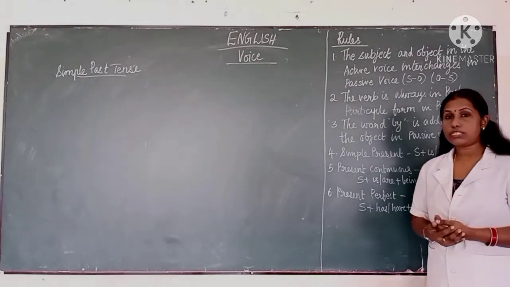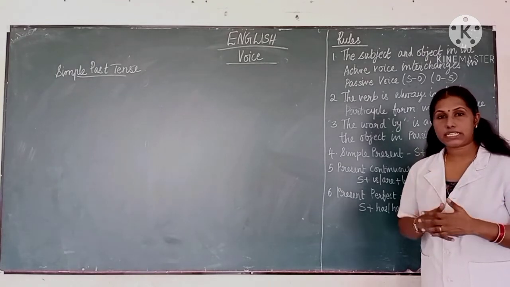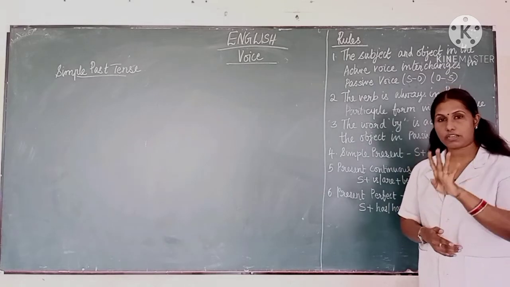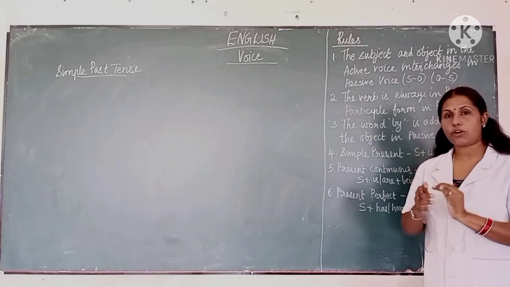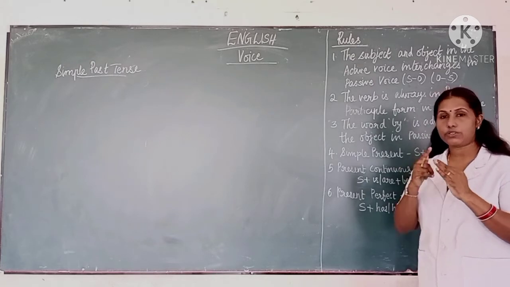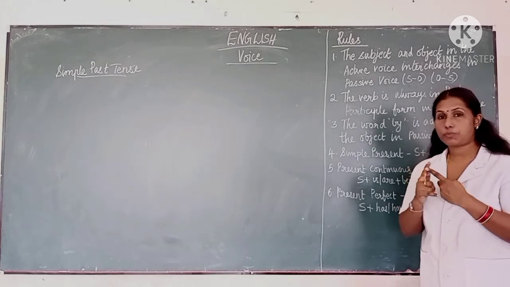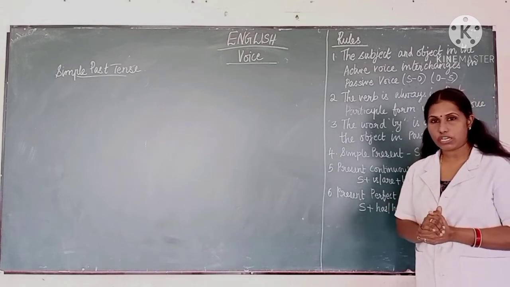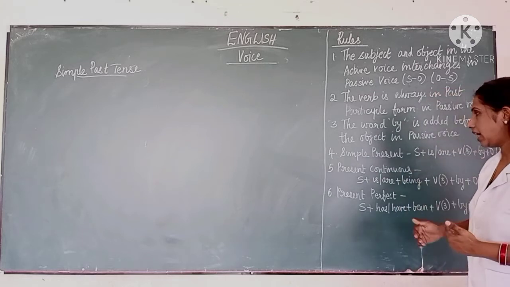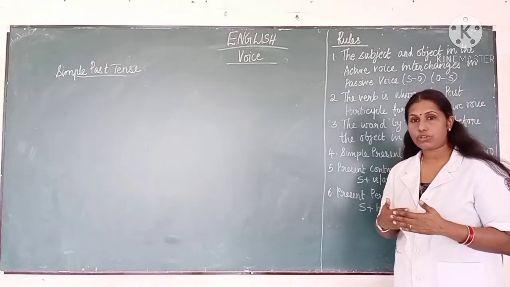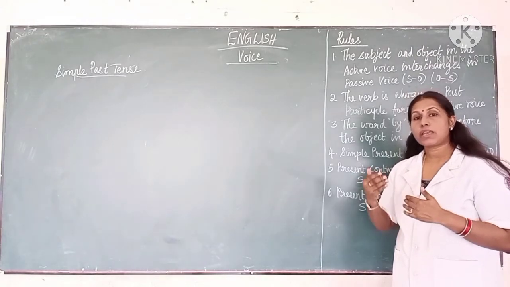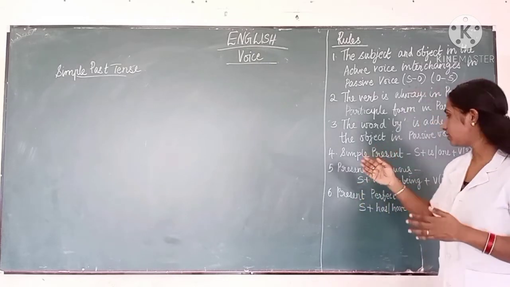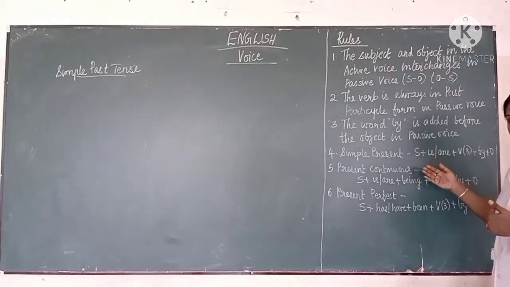Then we also studied how present tense forms are changed from active voice to passive voice. We said that there are four kinds of present tense forms: simple present, present continuous, present perfect and present perfect continuous. In this, the last form does not have any change. Only the first three forms have a change. So what is the structure of the sentence when we change present tense forms into passive voice? In simple present tense, when changed into passive voice,